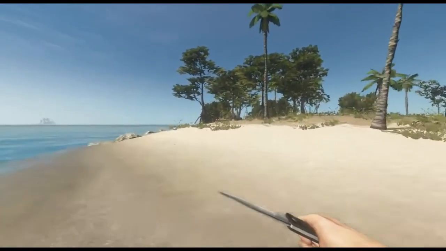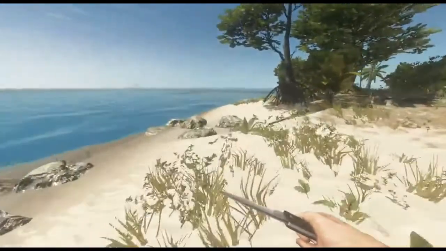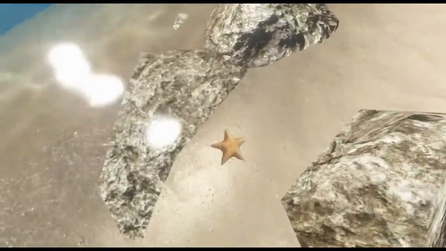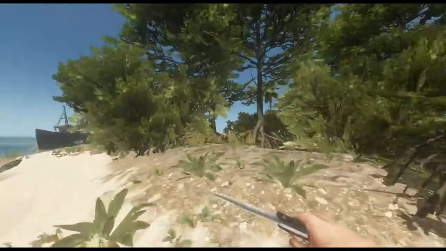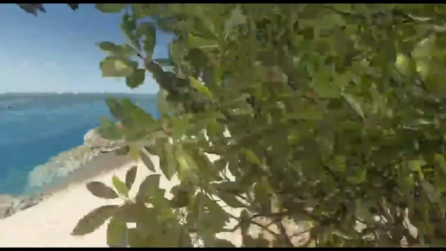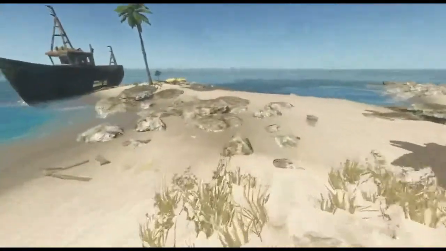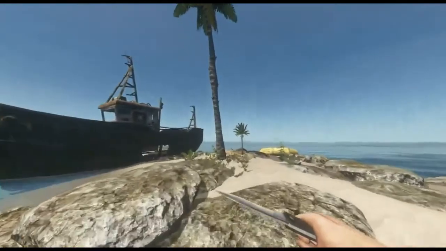And let's see what else we got around here. We can run if we hold shift down. Can we pick up a starfish? Can't do anything to a starfish. Okay. Alright, so let's head back here. We may cut down a tree here in a few minutes. But I think for right now...